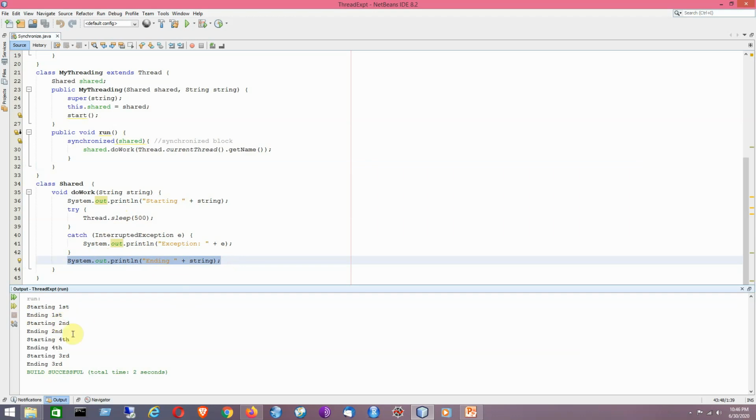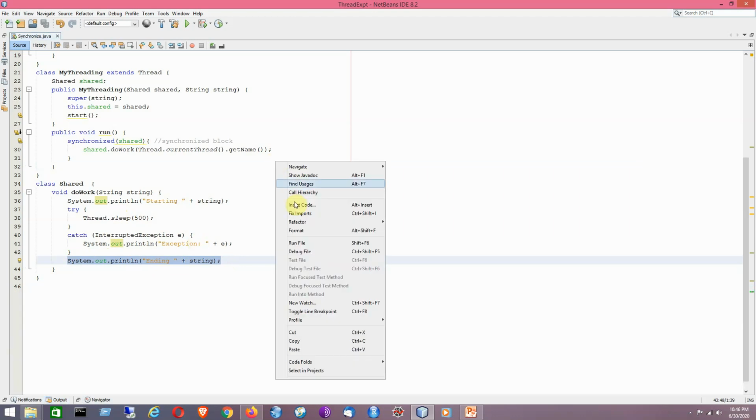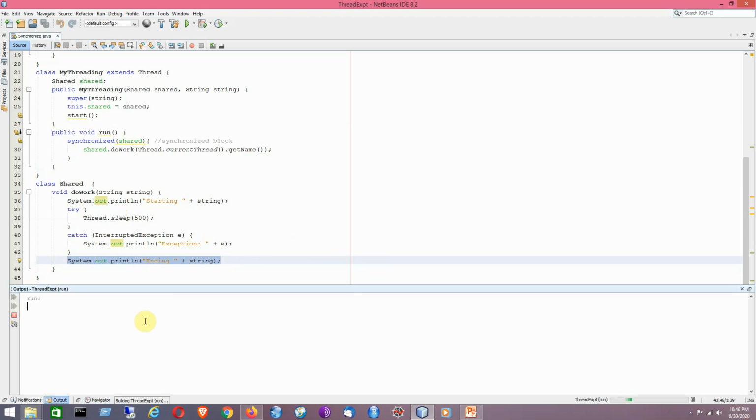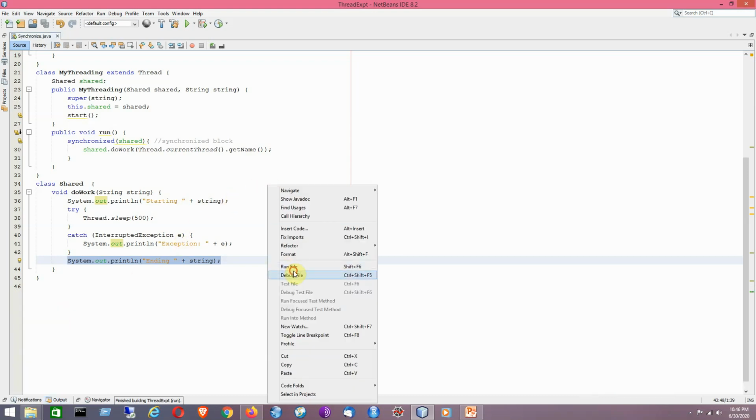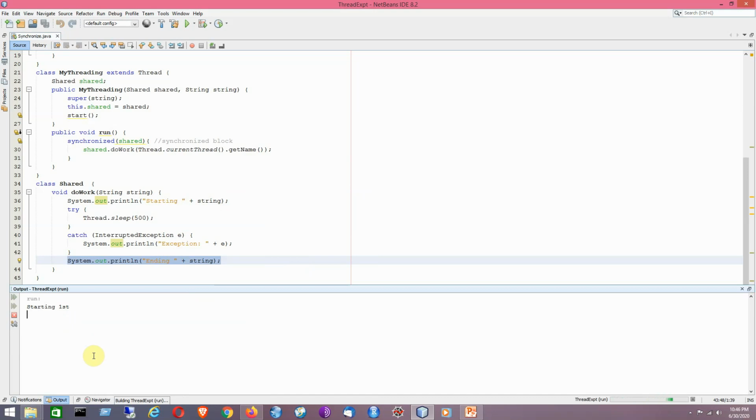The order might be different for different execution sequences. Here the thread first has been started first, but there might be scenarios where other threads start first; it totally depends on the platform. So we can expect a different output sequence for every run of the program.